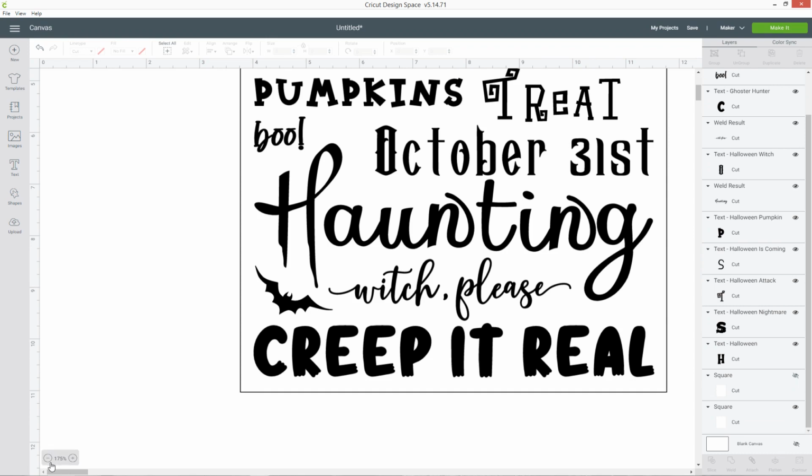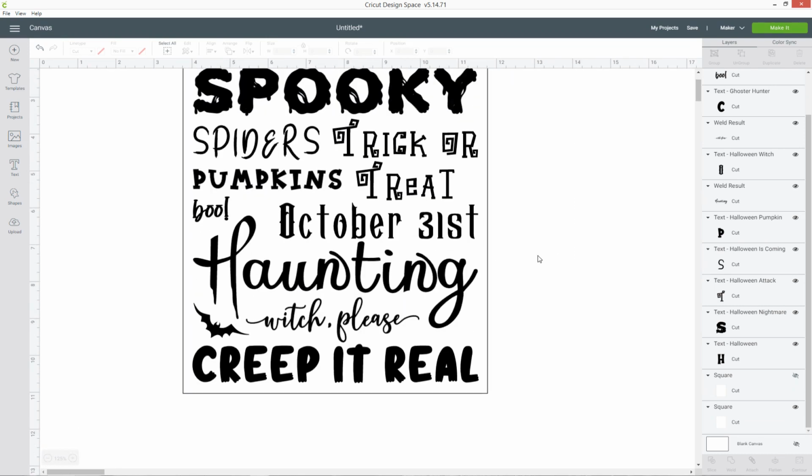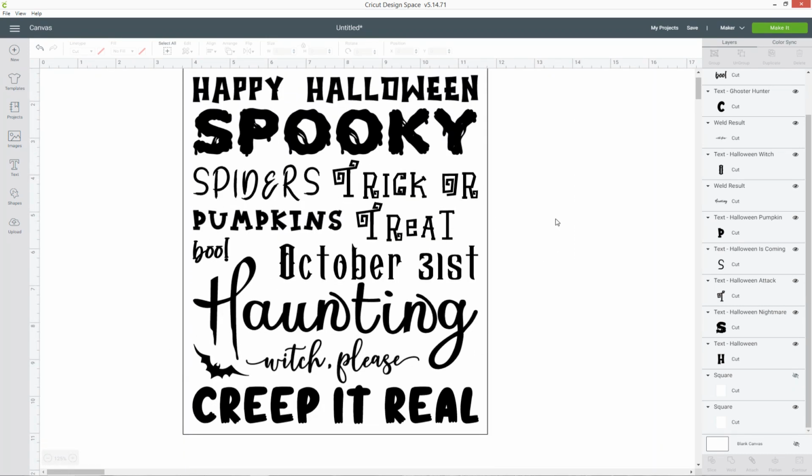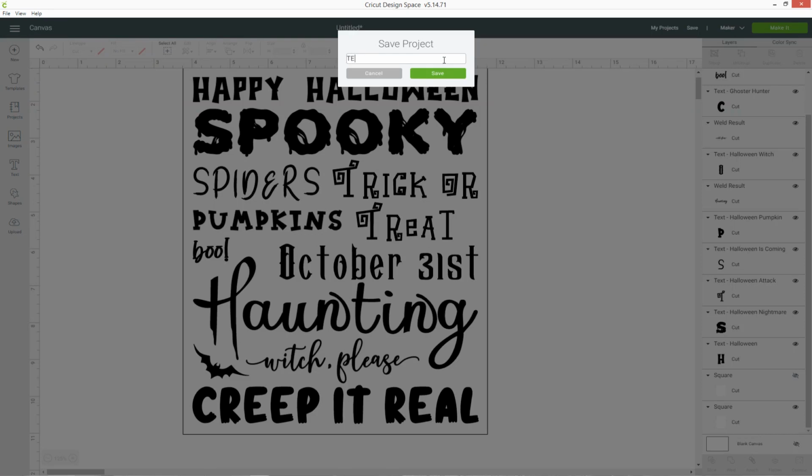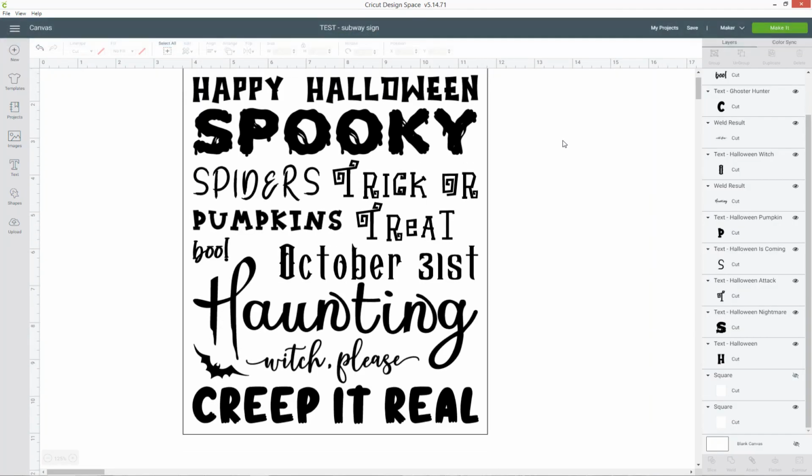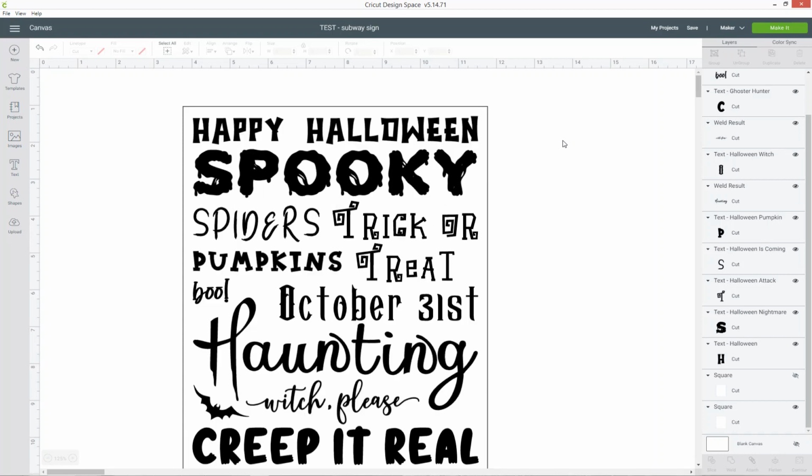Alright, so let's hide that borderline, zoom out, and I'm really happy with how that's looking. So before I do anything else, I'm just going to save this because it's been a while. In fact, I haven't saved it yet, which is not ideal. So now that's saved, so I know I'm not going to lose all of that work. Now I can think about changing the colours.